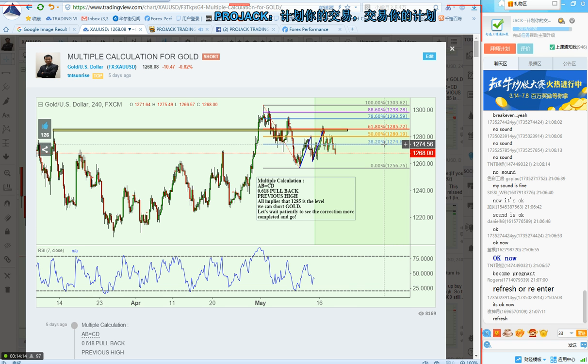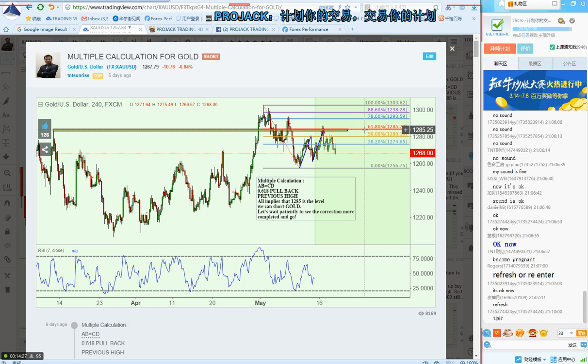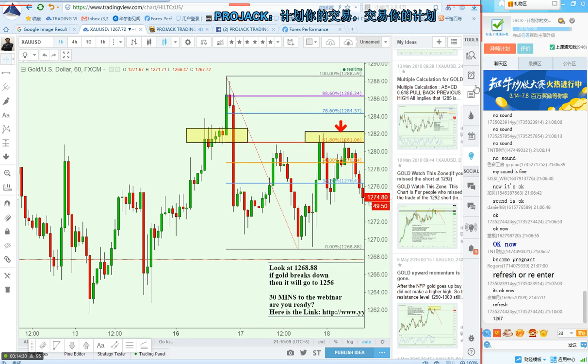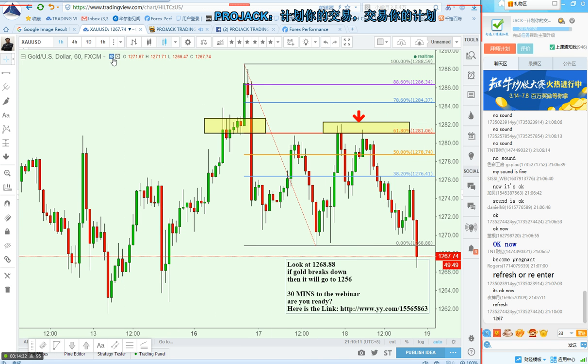Imagine I put in the same risk amount. Will I worry about the losing trade? No, because I know if I win the trade, I will make more money, double the size, because my risk reward is 1 to 2. Correct. So I think this is the first thing I want to share with you guys.